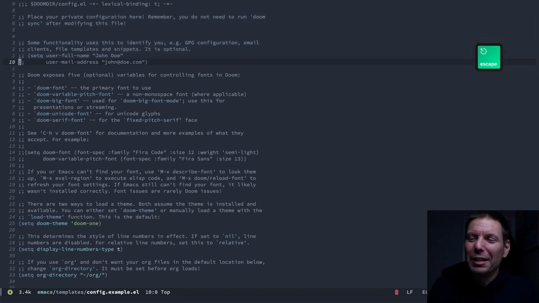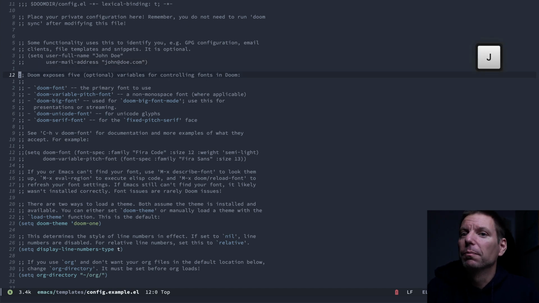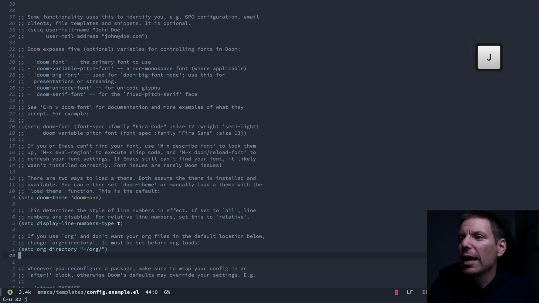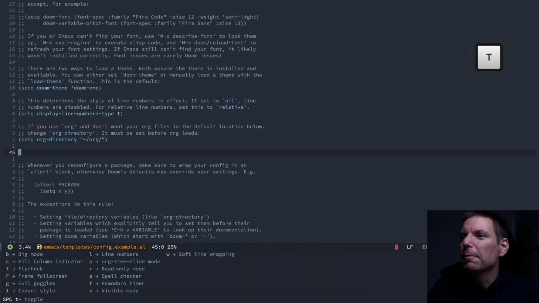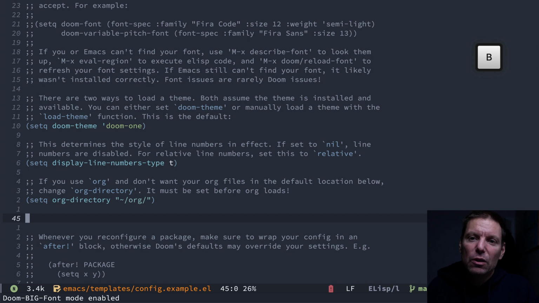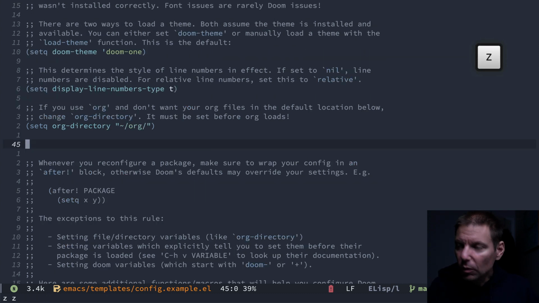So where are we going to navigate to? Where are we going to start defining these custom variables? So I'm just going to move down the page here. I'm going to go 32J and then ZZ to center the screen here. And it's at this time we are going to, well, let's make that a bit bigger. So space toggle B. We are going to start setting some of these variables for our